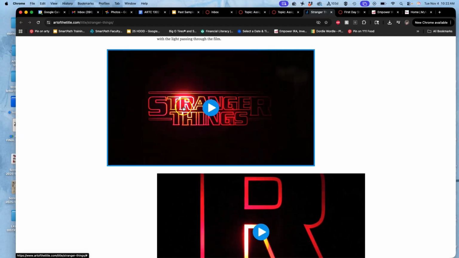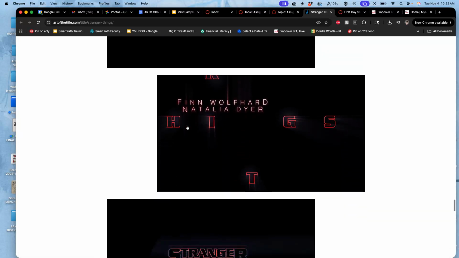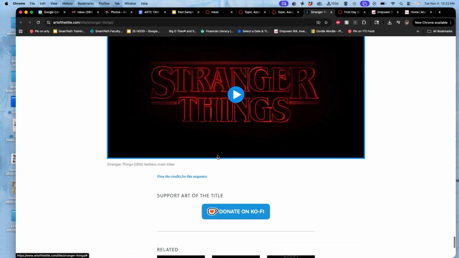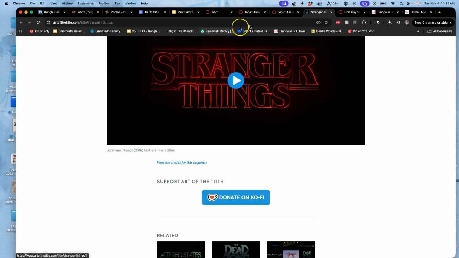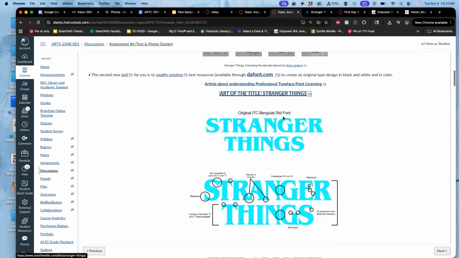It doesn't work as well with what's called a modern typeface. Looks like Back to the Future, looks like Tron, looks like something that's not nostalgic, right? So a lot of thought goes into how you arrange type. But this is what they ended up with. So let's look at that now with kind of new eyes. How does that work? So this is the typeface,